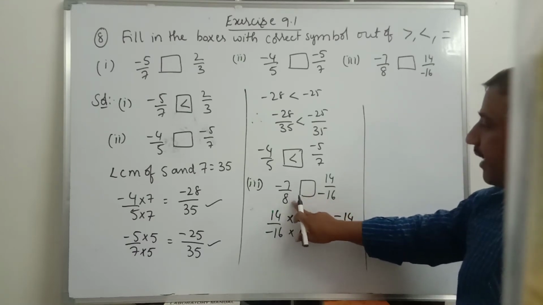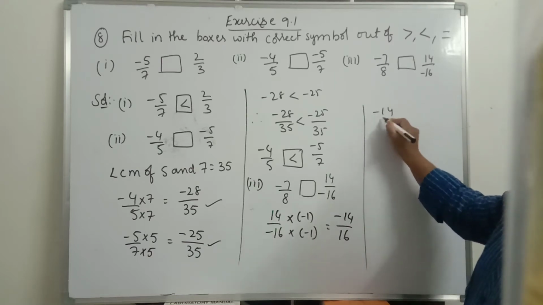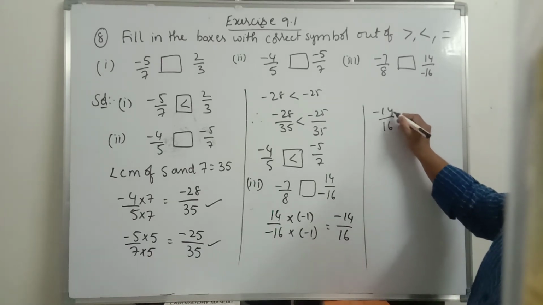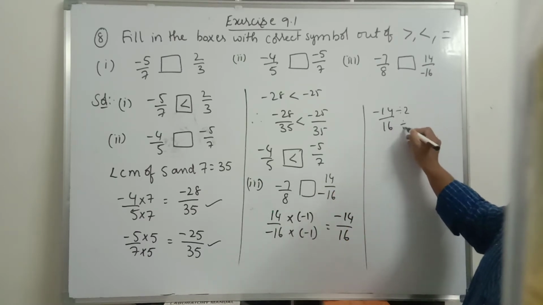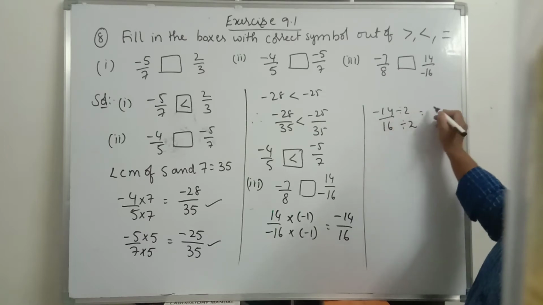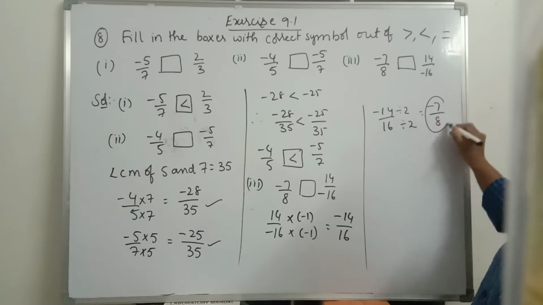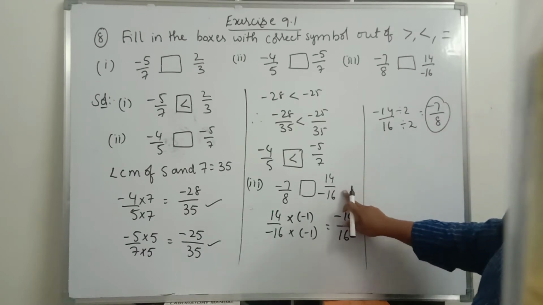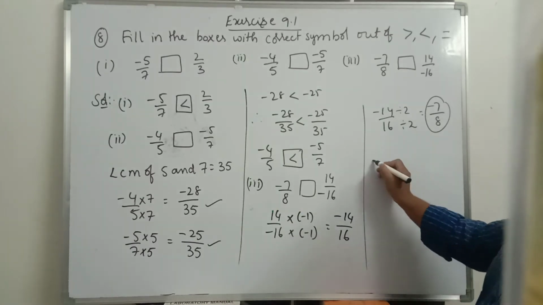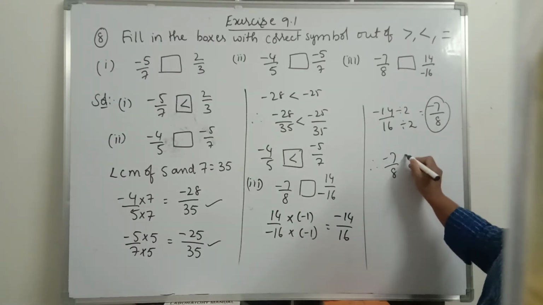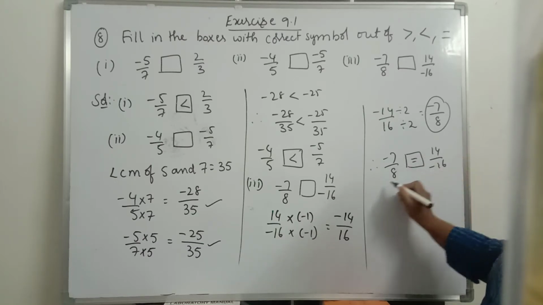You see minus 7 by 8, it is in the standard form, but minus 14 by 16 is not in the lowest form. You reduce minus 14 by 16. So 14 and 16 both are multiples of 2, so it is divisible by 2. Now when we divide 14 with 2, we will get 7, that is minus 7 divided by 2, 8 twos are 16. Minus 7 by 8. So the second rational number we got minus 7 by 8. The first rational number we got minus 7 by 8. Both are equal. Therefore, minus 7 by 8 is equal to 14 divided by minus 16.